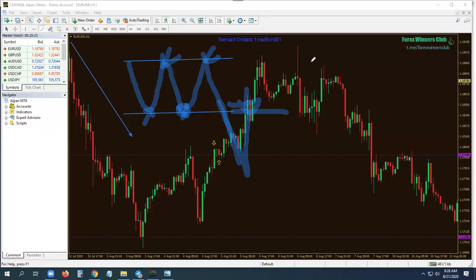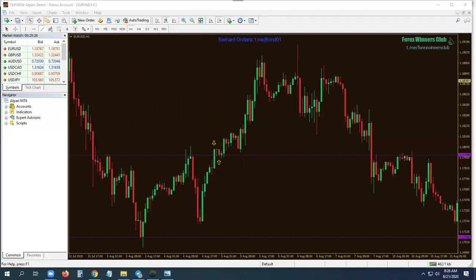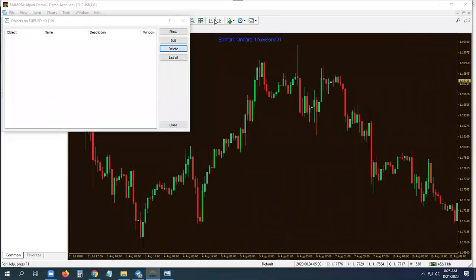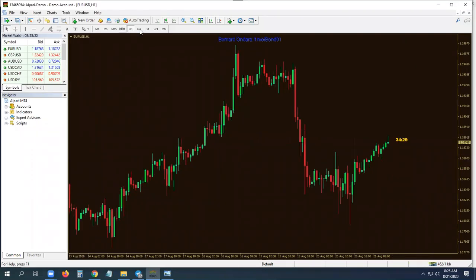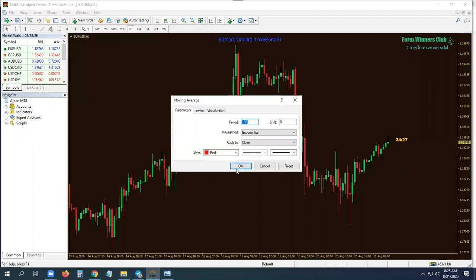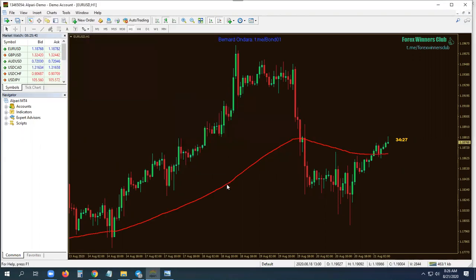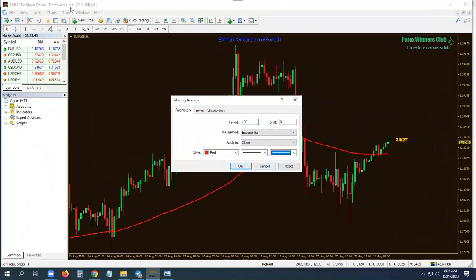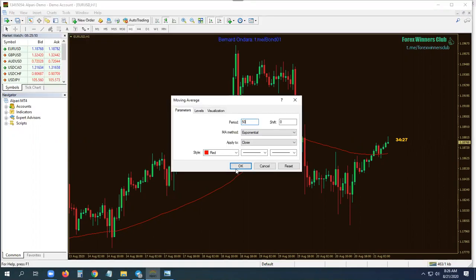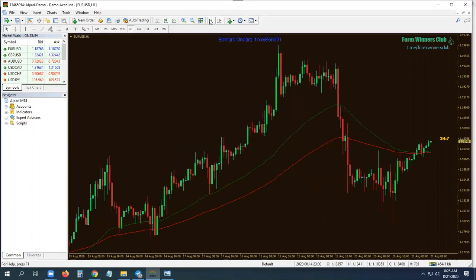Now, let's introduce our moving averages to visually show us an uptrend. I know we can determine the uptrend without necessarily using those moving averages, but let them visually help us out quickly. We have our 100 EMA and our 50 EMA, exponential moving averages, those two. So clearly this is an uptrend, all right?